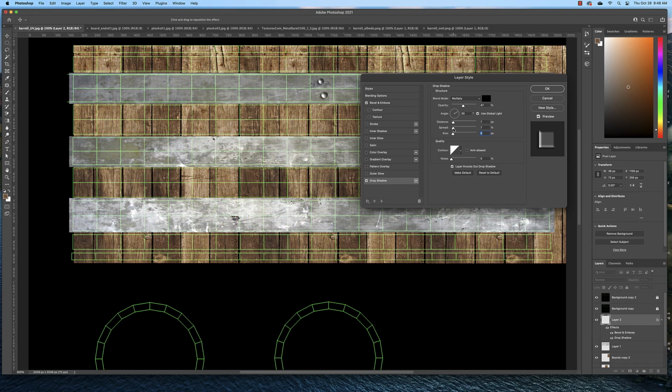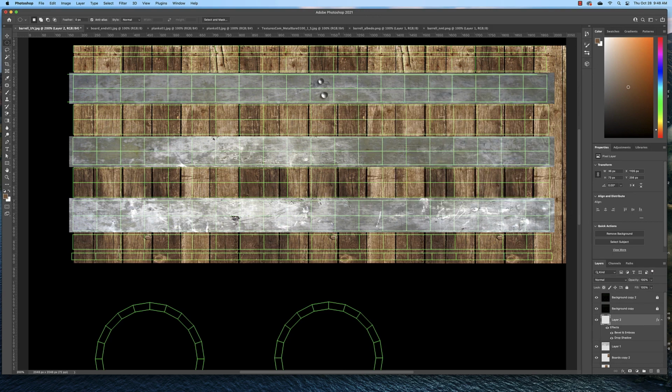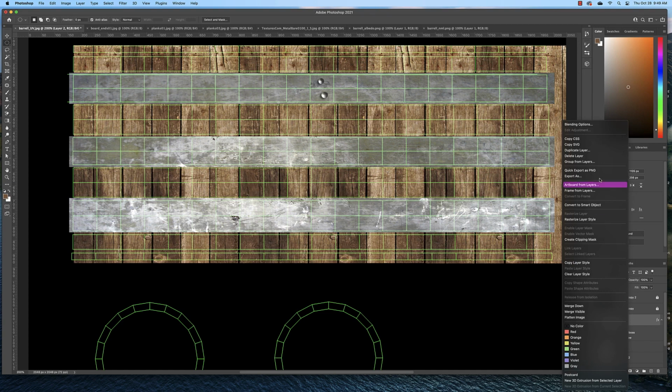Needs to be very subtle. And then you can click OK. Now we can move these around. To move them around, to add more rivets, all we need to do is right-click and duplicate the layer